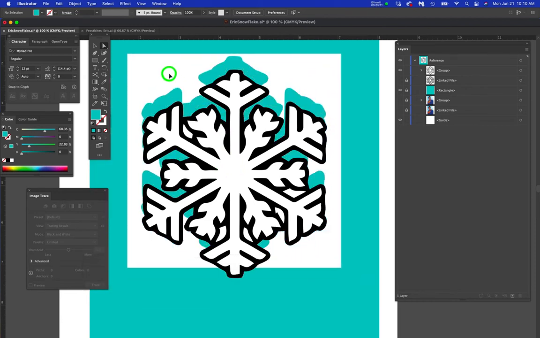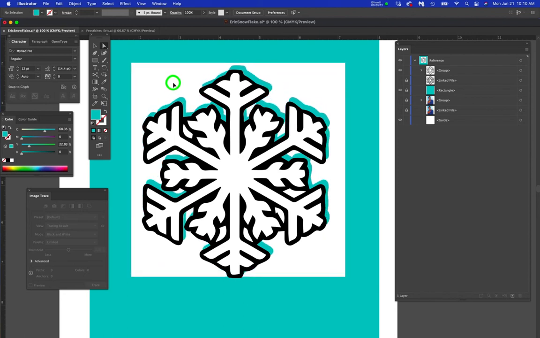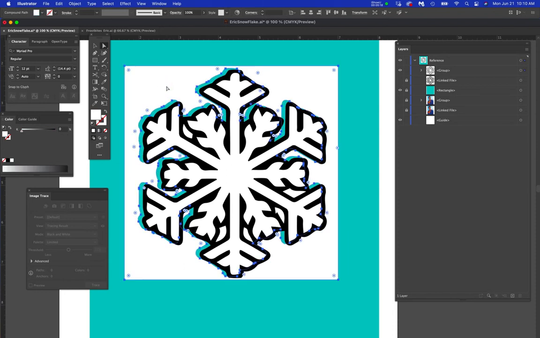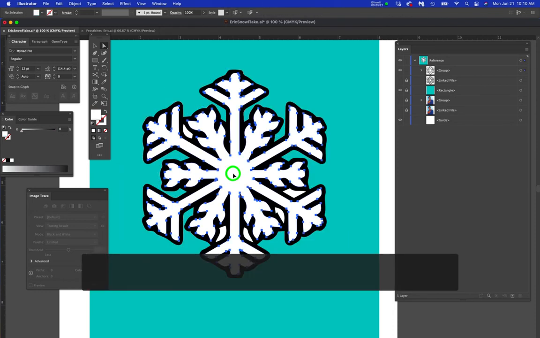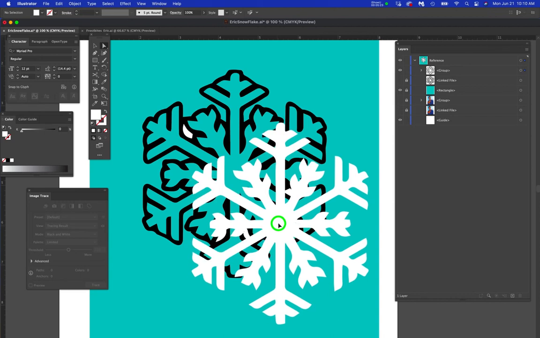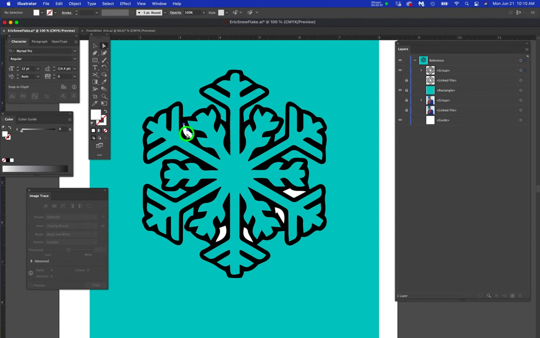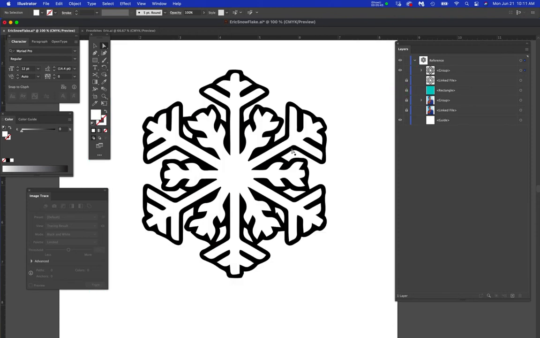Well, this I don't need, because I want the black of the snowflake to be just the artwork. Okay, so I'm going to click on this and hit the delete key. Now I'm going to click on the interior, and you can see if you wanted that, you have it. So now it's a separate shape. Okay, but I don't want that. I'm going to hit the delete key. Okay, now all of these little shapes, I can shift click in the middle of them, and then I can hit the delete key, and I'm going to hit the delete key twice just to make sure that they're all gone. Okay, now I'm going to turn off this rectangle